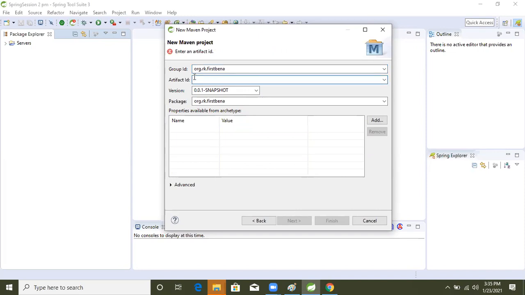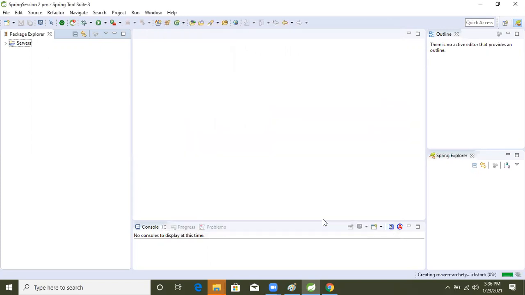Now here we give the project name, means the project name is first application, just I'm writing. Application, right. Now version 1.0, now finish it. See, the project will be created.